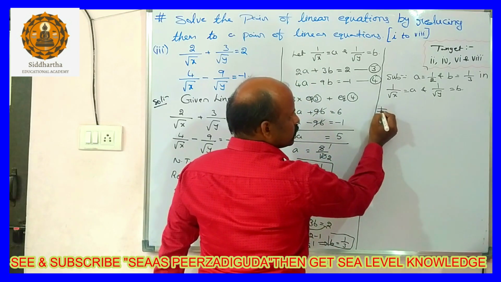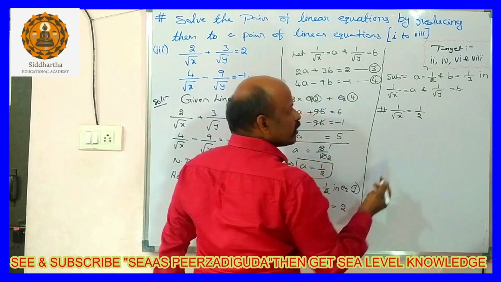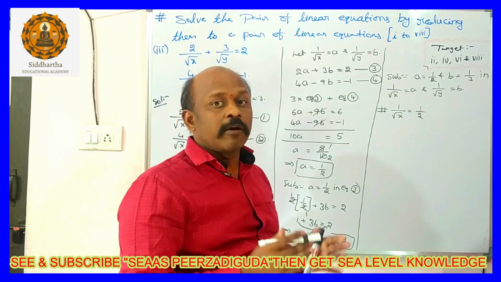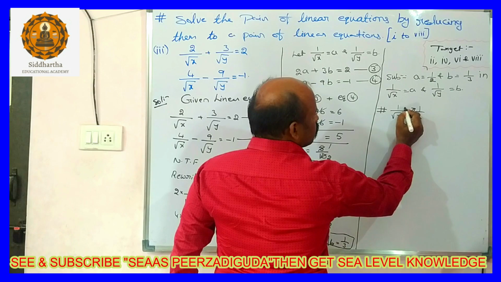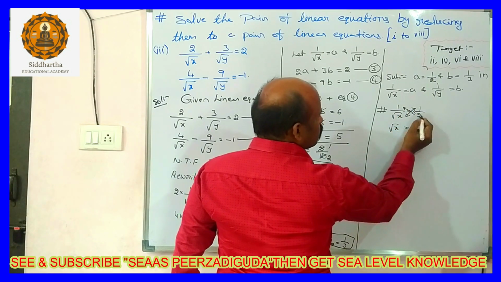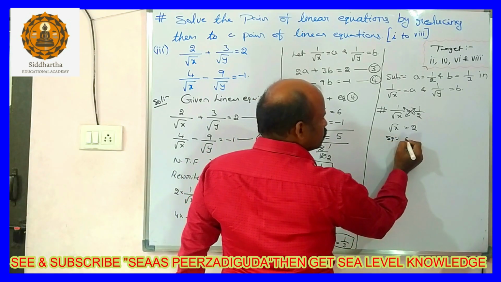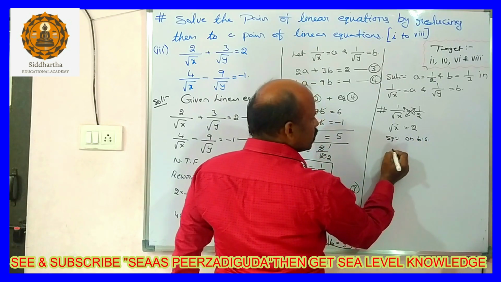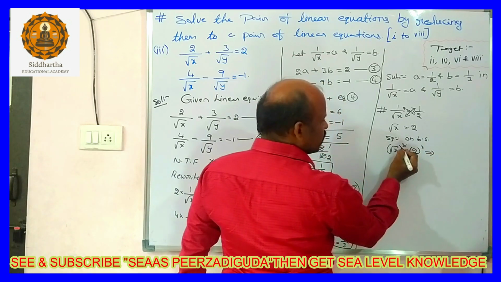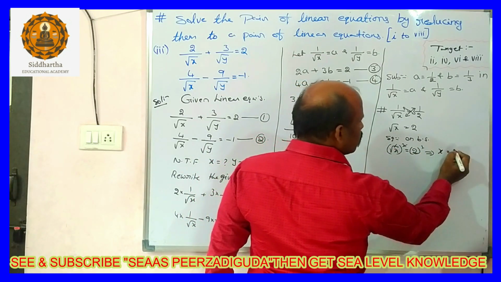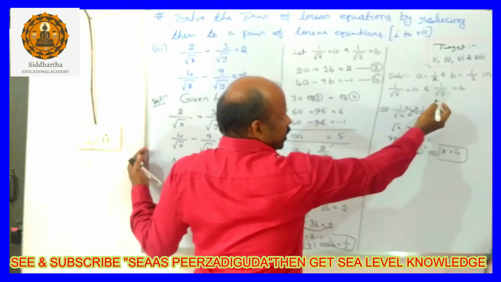Now take this one. 1 by root x is equal to a value, which is 1 by 2. Between two fractions, equal to symbol means what should we do? We have to do cross multiplication. Now I am going to do cross multiplication over here. So root x into 1, root x is equal to 2 into 1, 2. So here the square root is there, that's why I am going to do squaring on both sides. Root x whole square is equal to 2 square. It implies the square root gets cancelled, x is equal to 2 squared. We got the value of x is what here? 4.